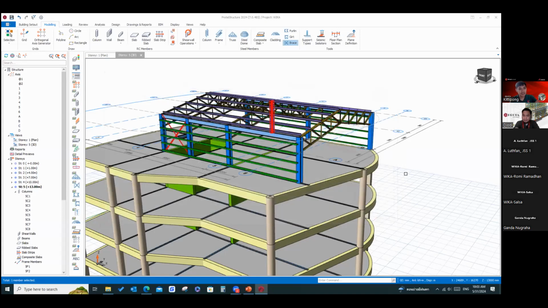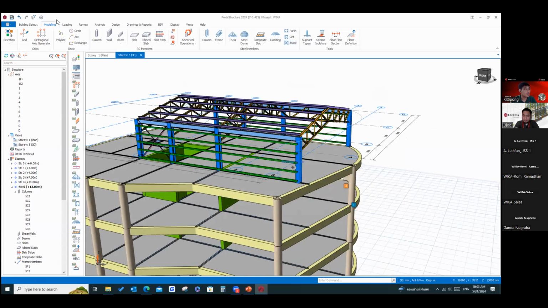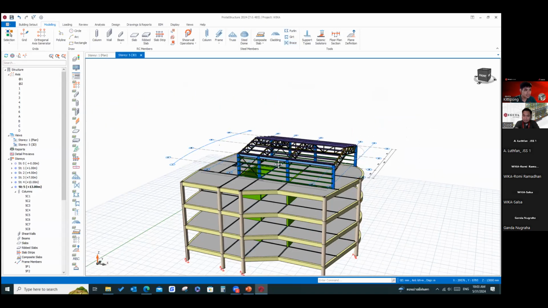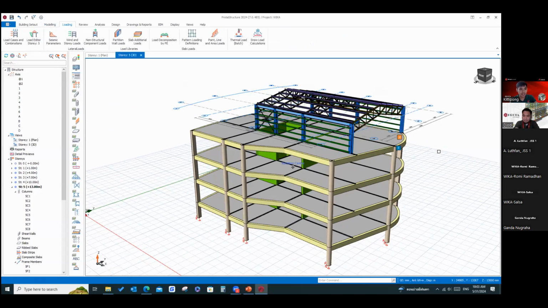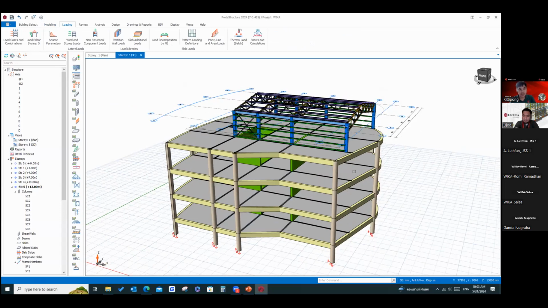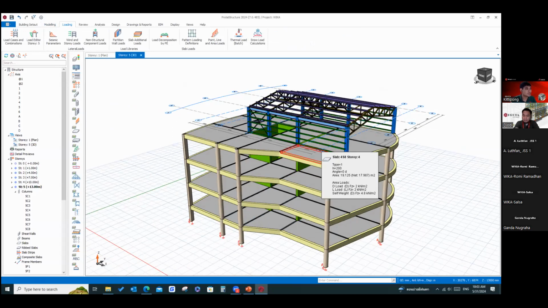After you finish the modeling, you may need to do the loading. The loading we separate into two types, right? We have vertical load like dead load or live load that we already input inside the slab when we create the slab.